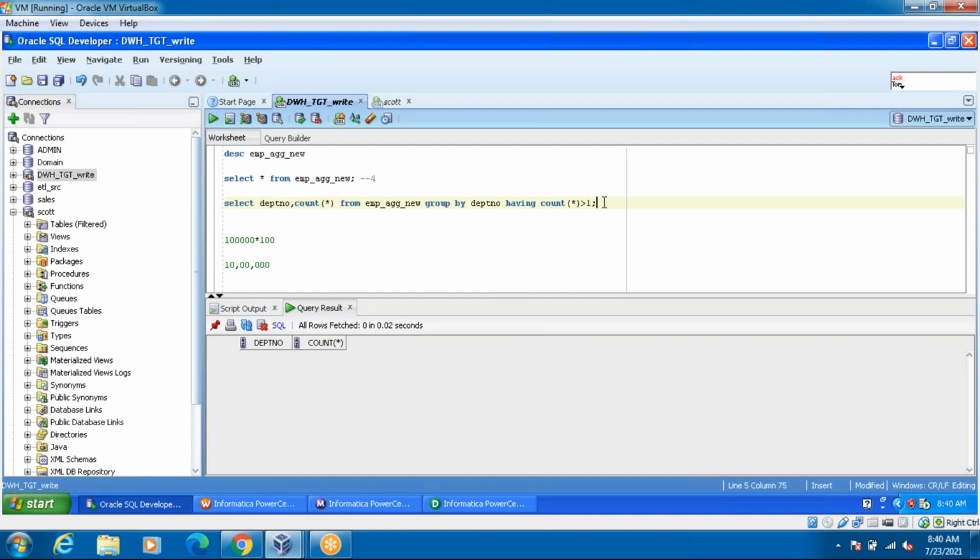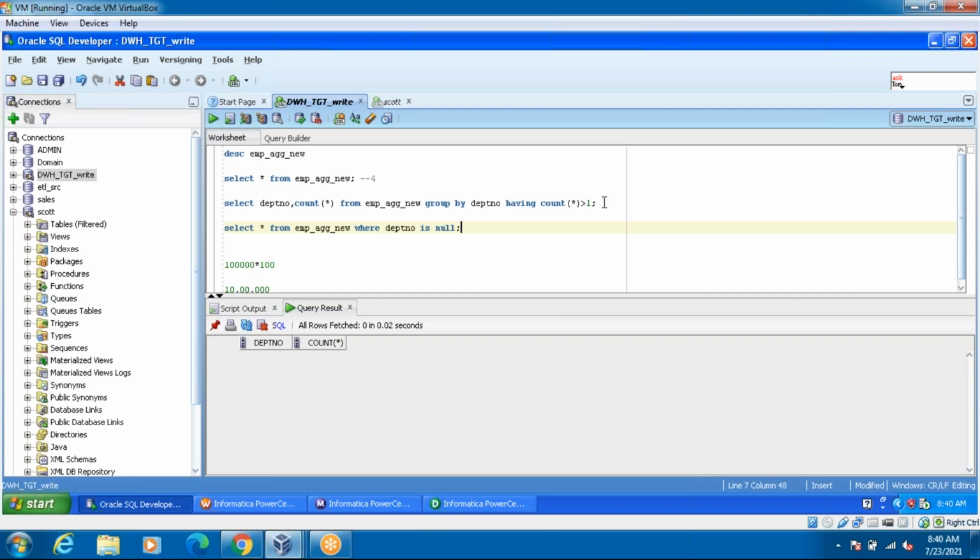And then what I told, the business key validation. Next scenario, the business key validations. How are you going to check the business key validations? Select count from EMP AGG underscore new where department number is null.